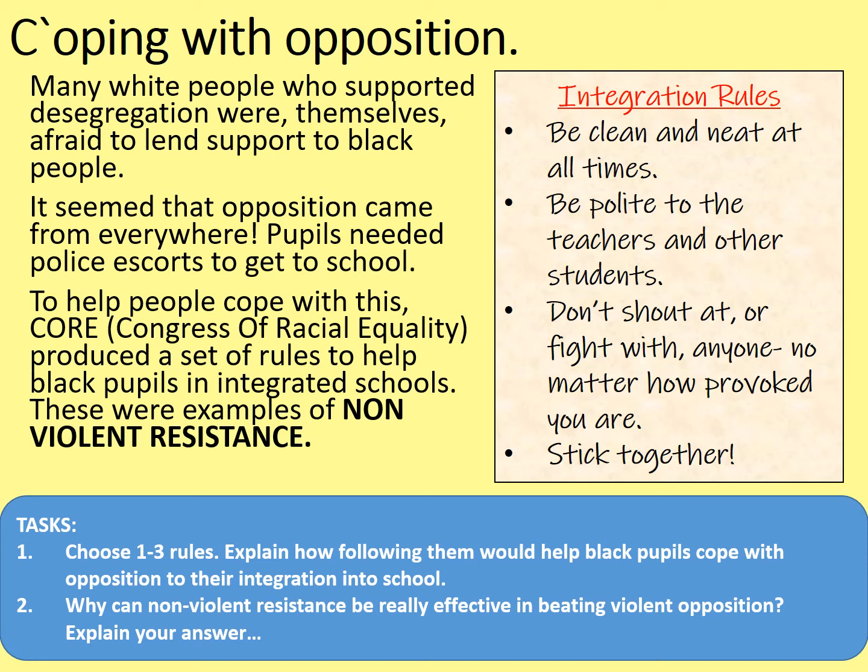Okay, well, let's consider why non-violent resistance is so effective. If you're trying to show up your opponents as oppressors, one of the really useful ways of doing it is by acting with complete innocence and complete dignity yourself, while they are the ones who act extremely and violently. This only serves to highlight their violent actions and show how unjust they are. Nevertheless, we shouldn't kid ourselves and think that that would have been easy to do. Non-violent resistance is incredibly difficult, especially under sustained provocation, and indeed organisations like the Congress of Racial Equality provided training to black people in order to help them do that and to support them through that process.